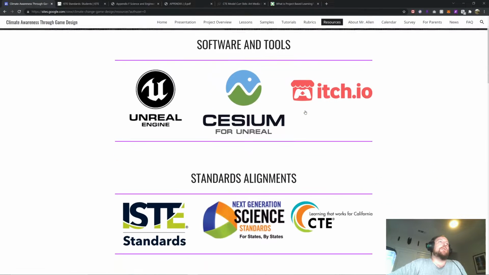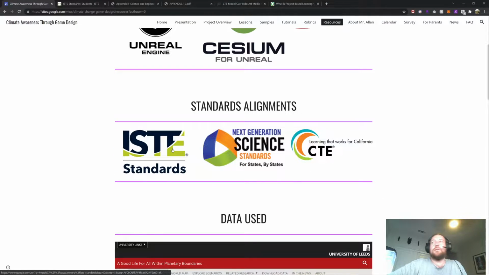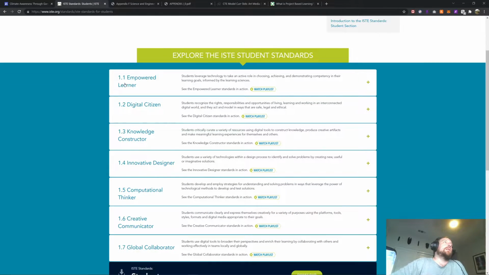On the resources, you can see I'm aligning it with the ISTE Standards. I was actually a presenter at ISTE this year, specifically about my game design education work. If you look at the ISTE Standards, it shows these are the main standards that I'm hitting, so that they are empowered learners